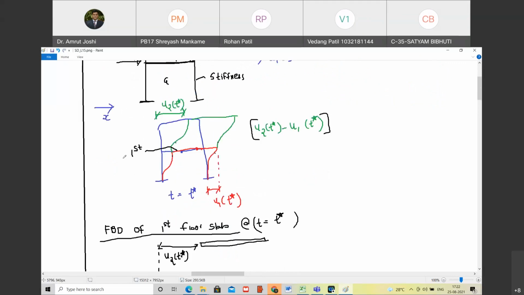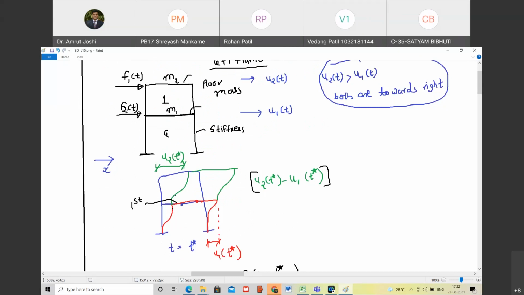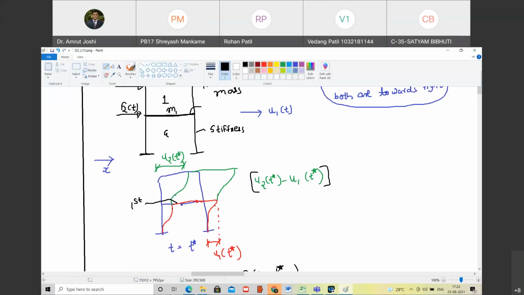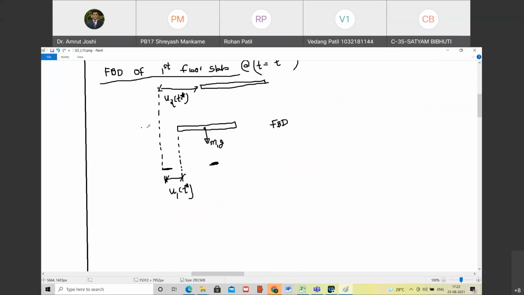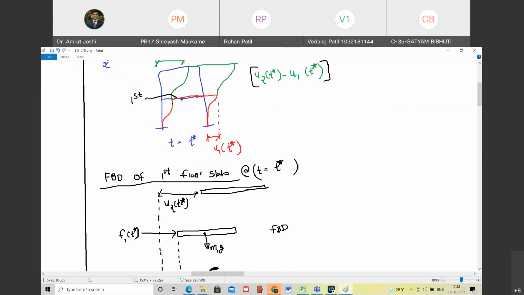Yes, sir. On this slab, you are having a force which is equal to, okay, the notation got a bit confused. I am going to call it F1 of T and this is F2 of T. So you are going to have a force equal to F1 of T. Do you agree with me? Yes, sir. And I should write F1 of T star. Happy? Yes, sir. Okay. What else is acting on this slab? There are 4 reactions from 4 columns. Do you agree with me? 1, 2, 3 and 4.